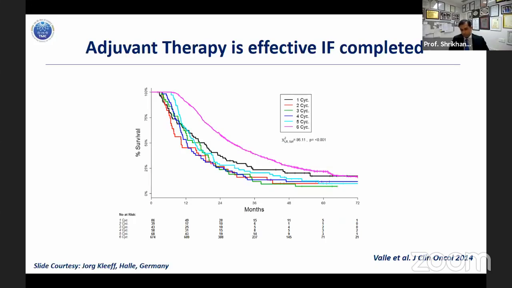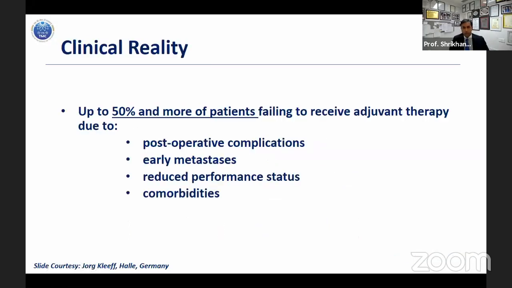The answer is no. If you complete all the 6 cycles of chemotherapy, Juan Vale has clearly shown you that you can get good survival. But the big word here in this line is "if completed adjuvant therapy." The minute you complete anywhere between 1 to 5 cycles, things start to become bad in the adjuvant setting. So you need to do good quality, clean, safe surgery and complete all cycles of chemo if you want to have a chance at long-term survival.